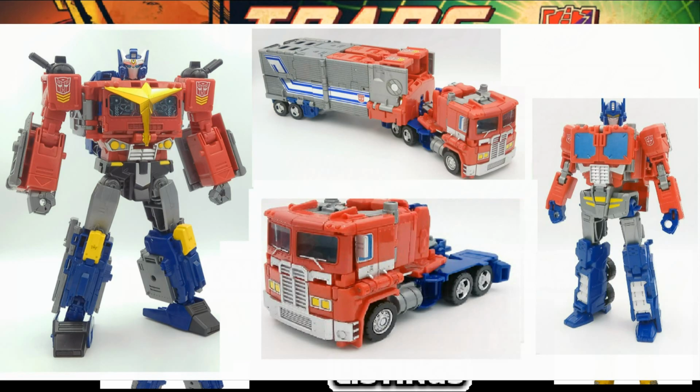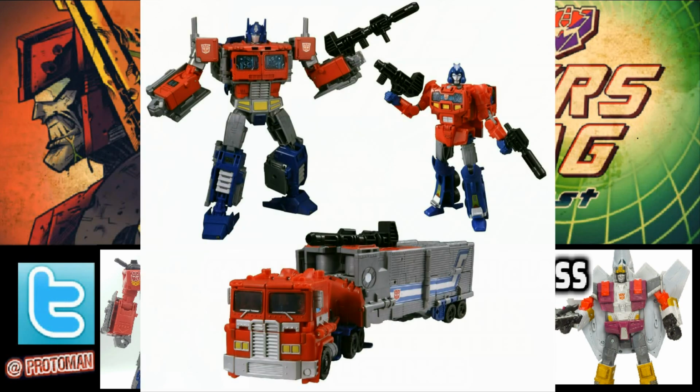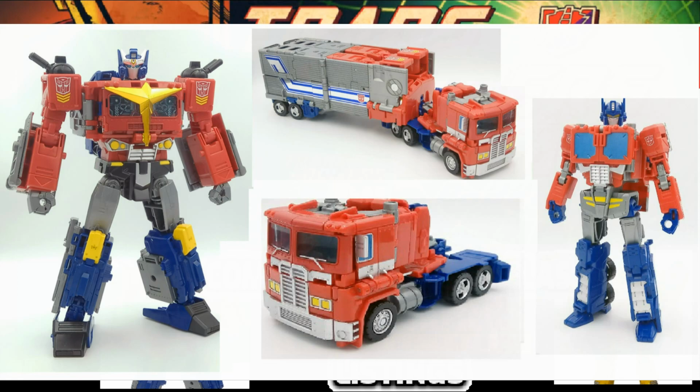The Takara Tomy Generation Select Star Convoy already did a great job, and the scale was pretty on point, especially when that was released in a Micromaster world of 2019 with Siege and then Earthrise coming on the horizon. And yeah, sure, that truck mode with the Generation Selects wasn't 100% like the original Star Convoy, but again, it was an extensive retool of the leader class, Power of the Primes, Optimus Prime. So again, they did a good job scale-wise,